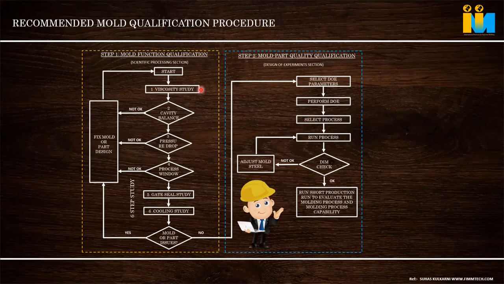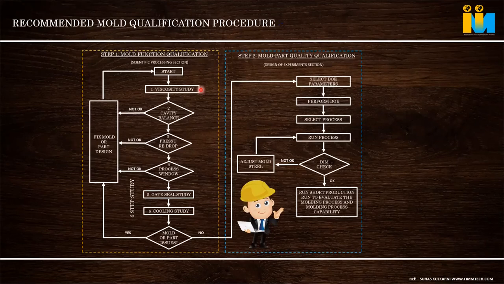Second is the cavity balance study. There are multiple cases, suppose 8 cavity, 32 cavity, whatever. Cavity to cavity balance should be there. If there is a critical dimension, fit and function, very critical, aesthetically it may be possible to meet everything. But some parts have a 0.1 tolerance, plus or minus. So cavity to cavity, uniform filling and uniform packing should be there. That study has to be done. Even if we machine all the cavities the same way, some difference can come. We have to understand that: the weight of the cavities has to be studied, then dimensions also. Based on that, we modify the feed system or steel thickness, whatever.